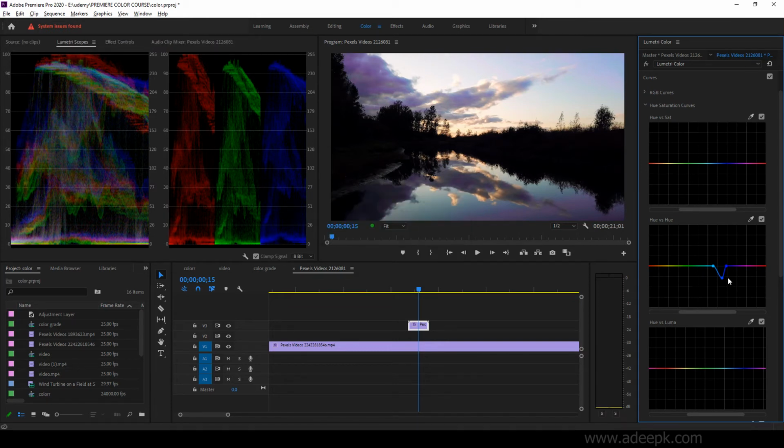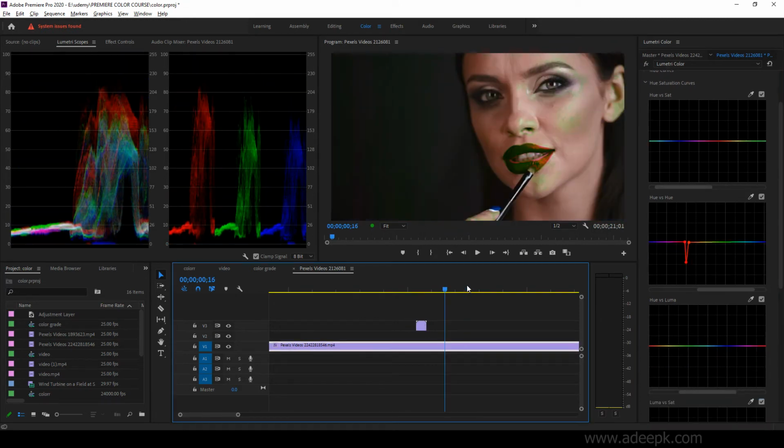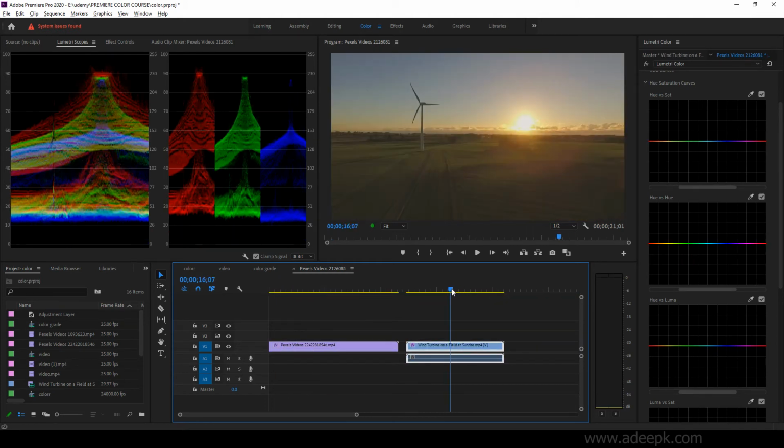So next one is the hue versus luma curve. To do that, let's take this image. As you know, you are changing the luma value of a selected hue.